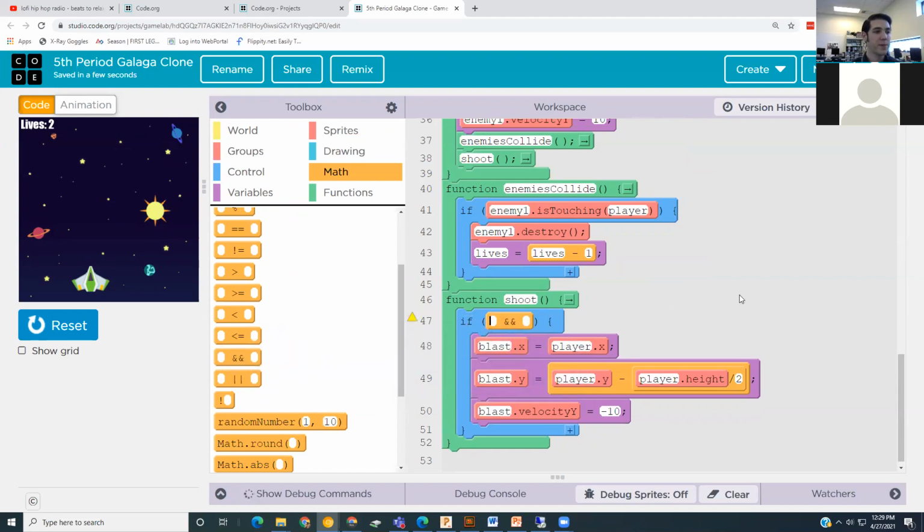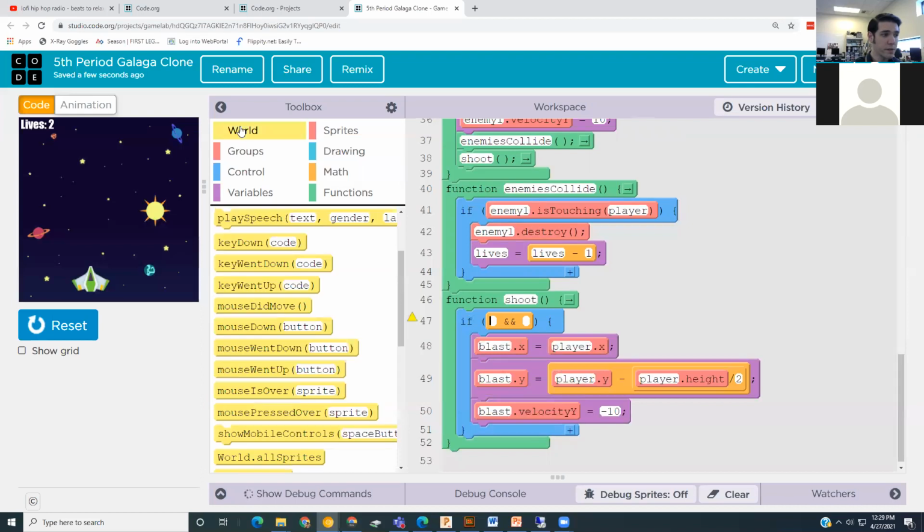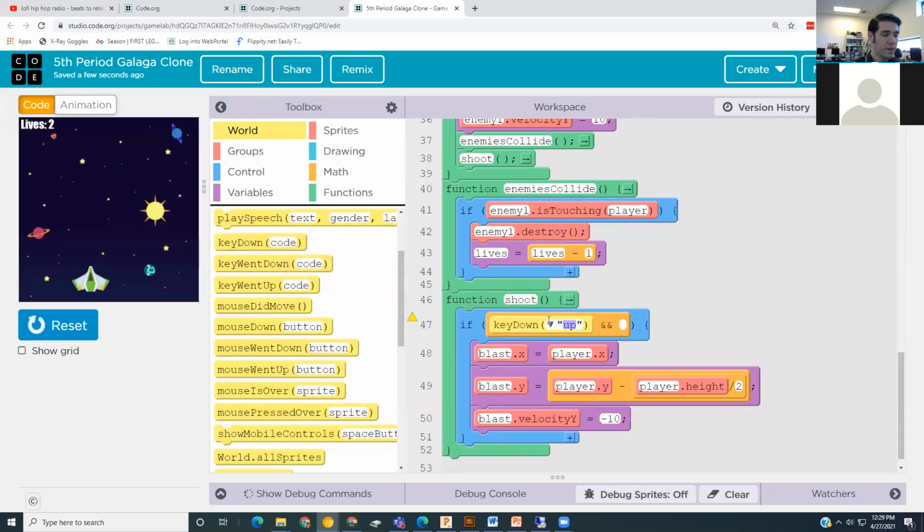There we go. Type that in there. My first condition, I'm just going to put back in key down space. So I go to world, key down, and key down space. But my second condition on my other side here, I'm going to type in: if key down space and can shoot equals equals